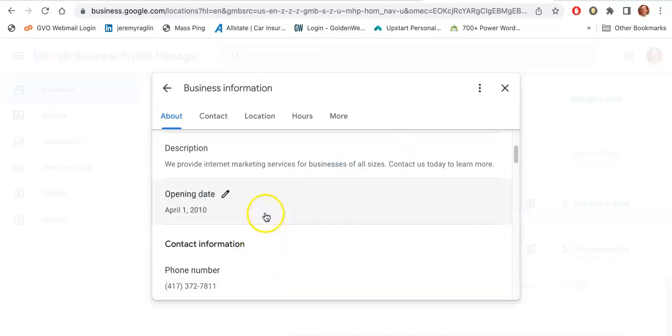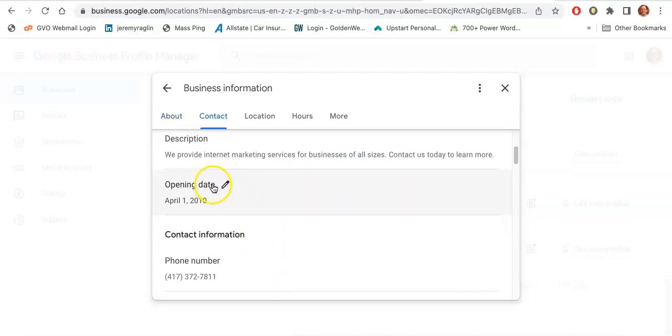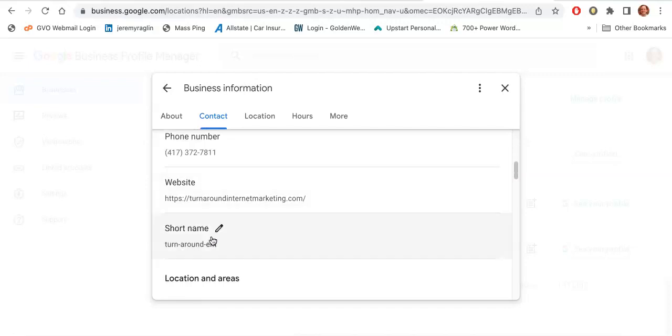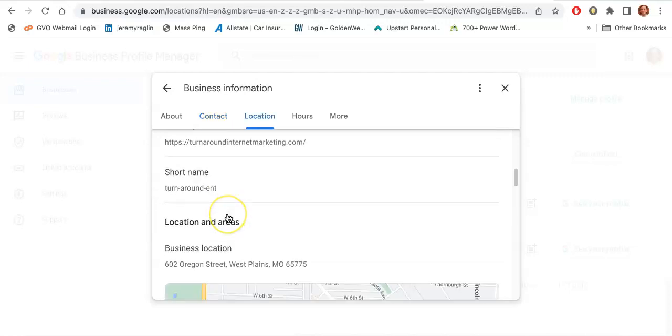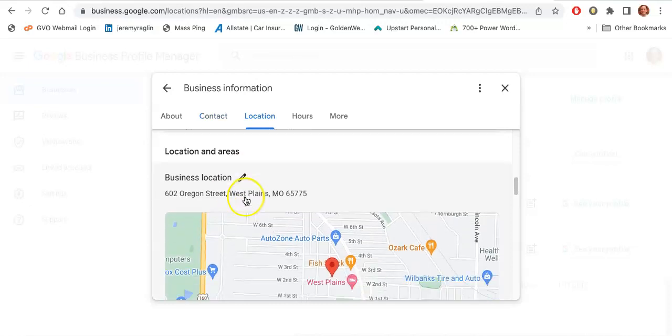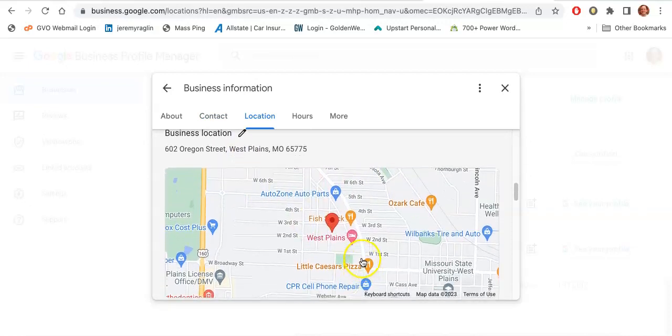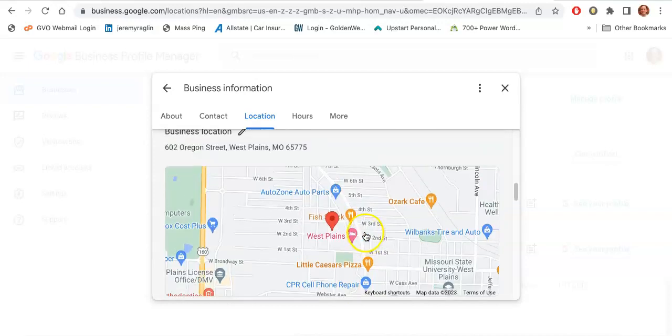Once that's done, you want to verify that it has the correct opening date listed, your business phone number, your website address. Short name is basically an abbreviated version of the business name. And then also down here, you want to verify that your business is listed correctly on Google Maps, because this is kind of the bread and butter of the profile. People are going to find this map on their phone or on their computer so that they know where your